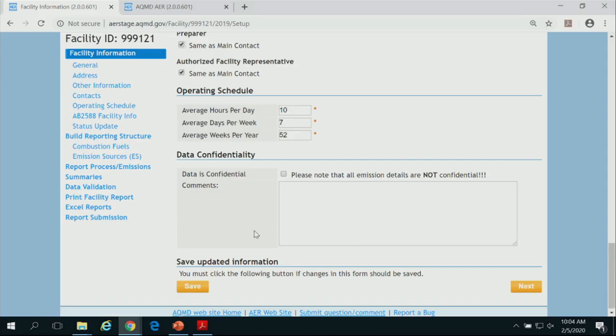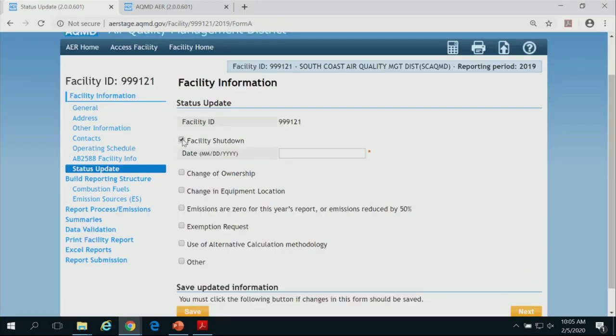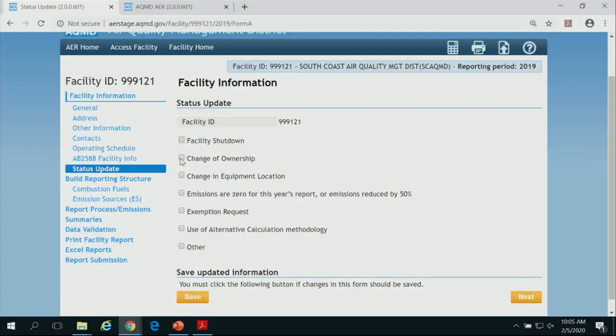Data confidentiality is here, where you can indicate what information that you provide you would like to be treated as confidential. Emissions data is not considered confidential. It's public information, and that information gets posted on our website. We also have a change of ownership section that you want to point out.